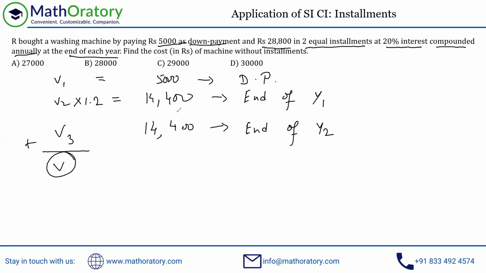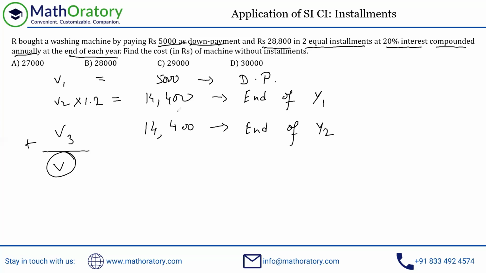So let's say the V2 is paid off by year one. So what I'm assuming is V1 he has paid off initially. The V2 part of the value he's paying off at the end of year one, and the V3 part he's paying off at the end of year two. So let's think about V3 now. Now, this is the part where the simple interest or compound interest will come in. I mean, we have to utilize that. So had it been a simple interest, then we know that 40% of the value, value 3, will be added to value 3 to get the net value.